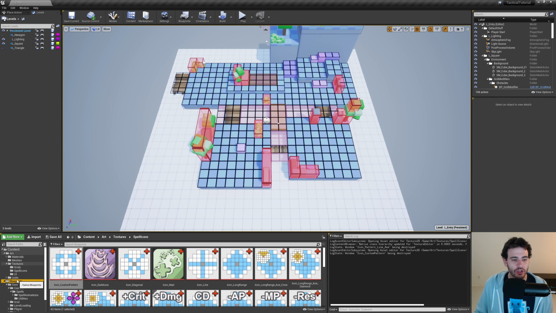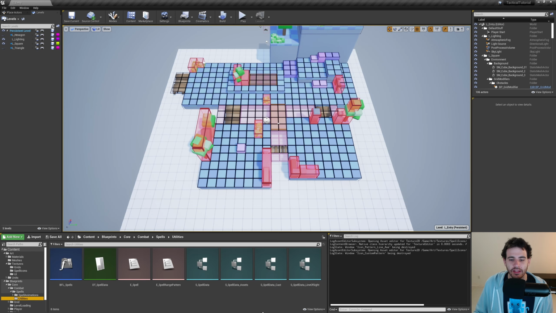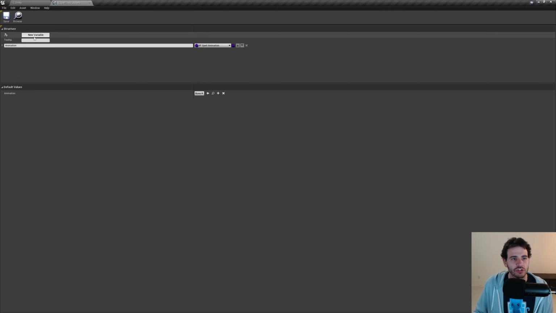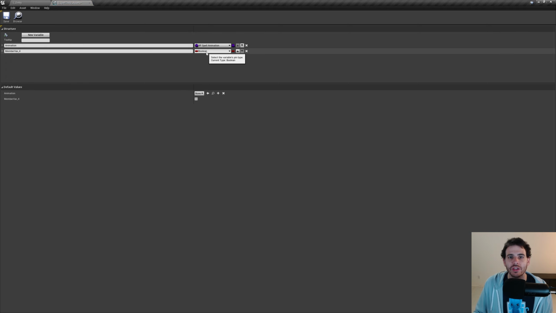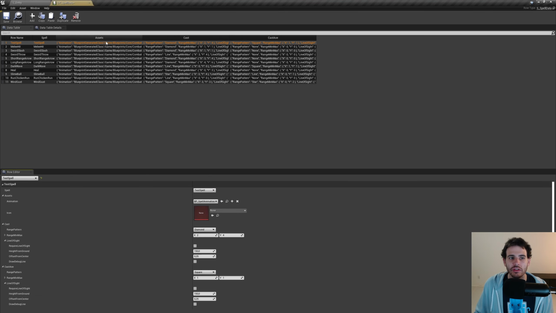So to do that, I'm going to go in my blueprint core combat spell in utilities. Right here we have the spell data asset. We can open the structure and add ourselves a new variable for the texture. It is going to be of type Texture 2D, and I named it icon. Now we can close the structure to go in the data table and assign all the textures to all of